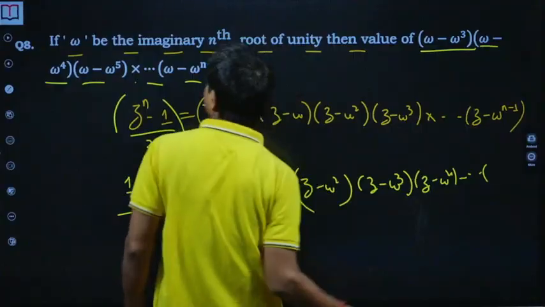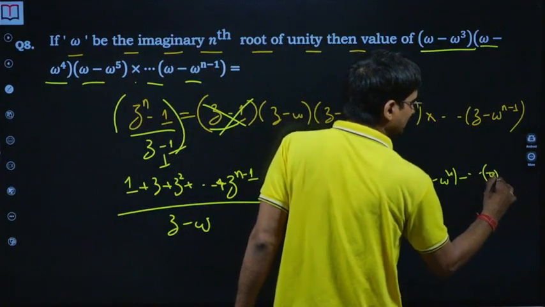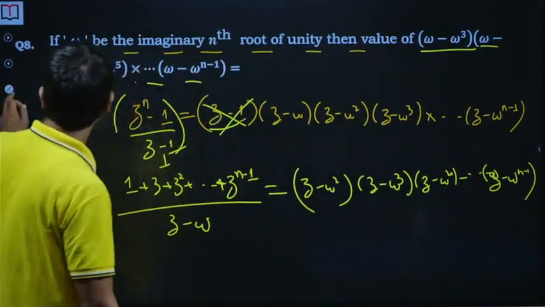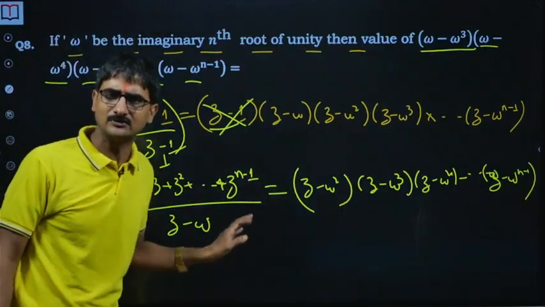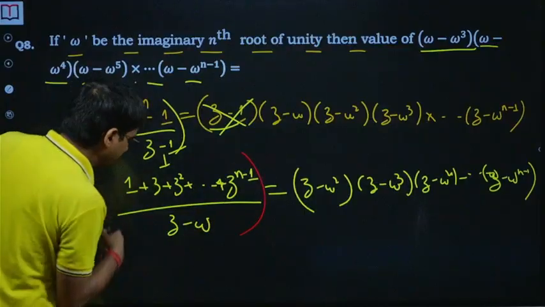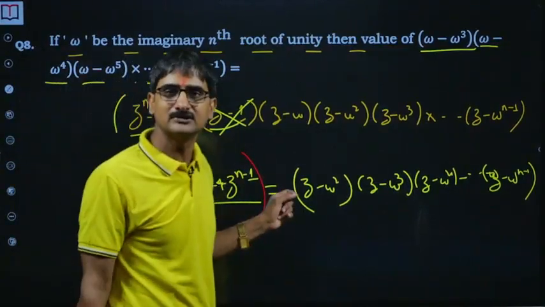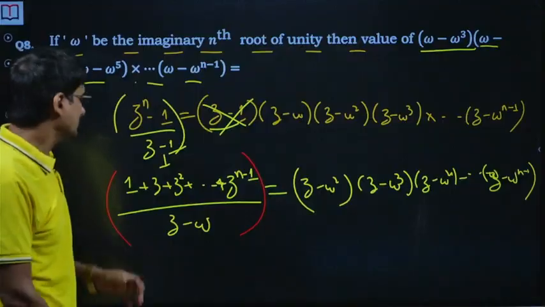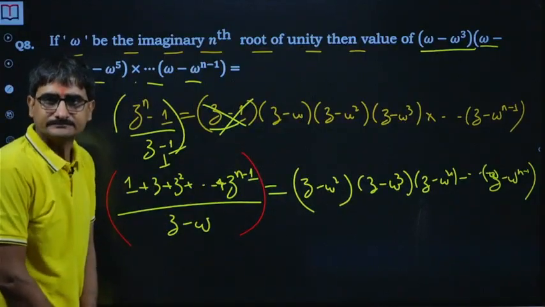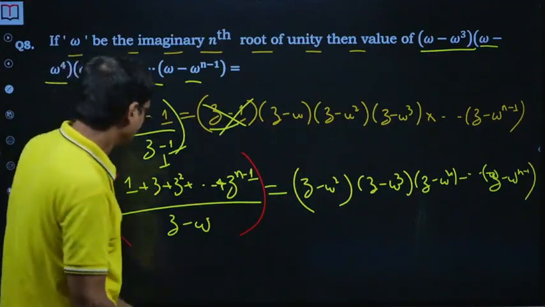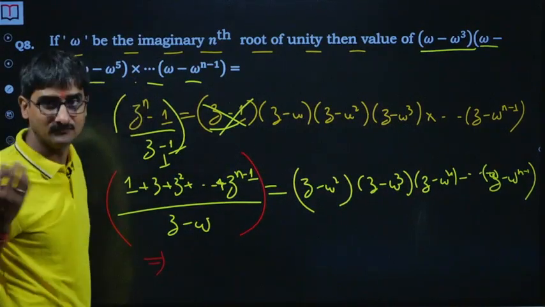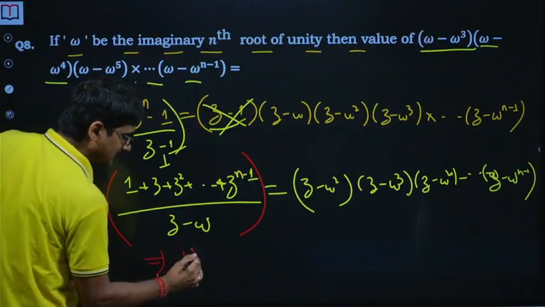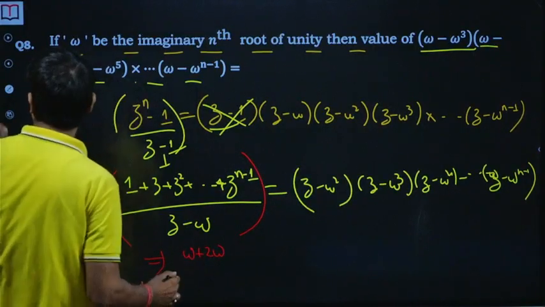You don't have options in front of you, but since it was an objective type question, in the answer they had omega minus omega square in the denominator, so I won't bother about it. Now if I put z equal to omega, it will be 0 by 0 form. So what I did was apply L'Hospital rule again. If you differentiate it and put z equal to omega, it will be 1 plus 2 omega,